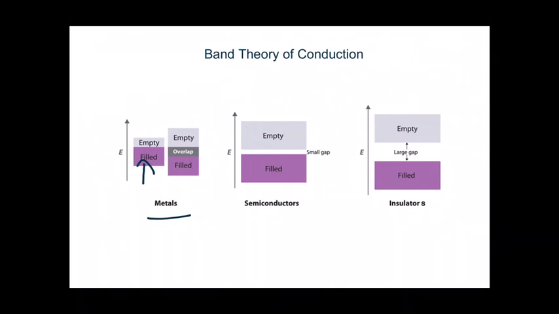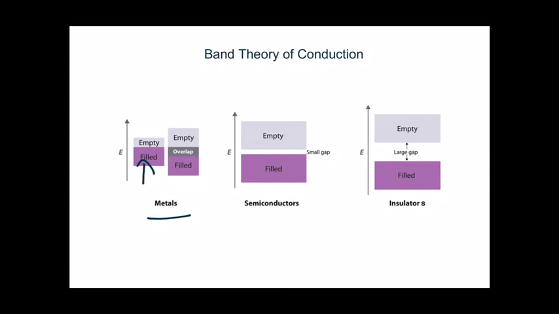So the filled band is the valence band and the empty band is the conduction band. Normally, in the case of any substance, the valence band will be filled with the valence electrons. When these substances are under the influence of an applied electric field, electrons will move to the conduction band from the valence band,